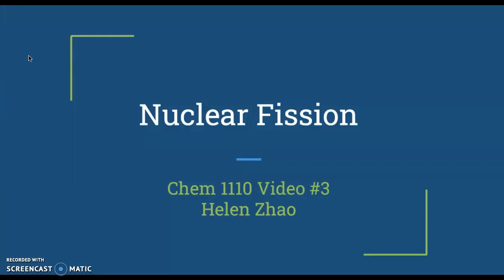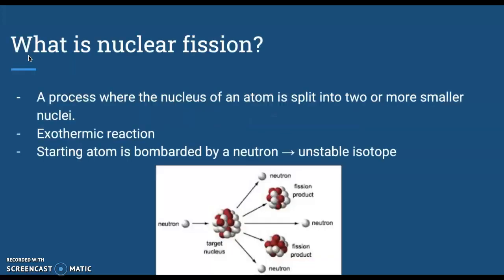Hi guys, in this Chem 1110 video, I will be doing examples on nuclear fission reactions. So what is nuclear fission? It's a process where the nucleus of the atom is split into two or more smaller nuclei. The two or more smaller nuclei are also known as fission products. The fission of heavy elements is a highly exothermic reaction, and a huge amount of energy is released in the